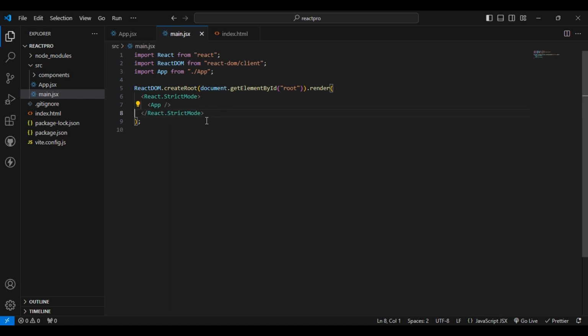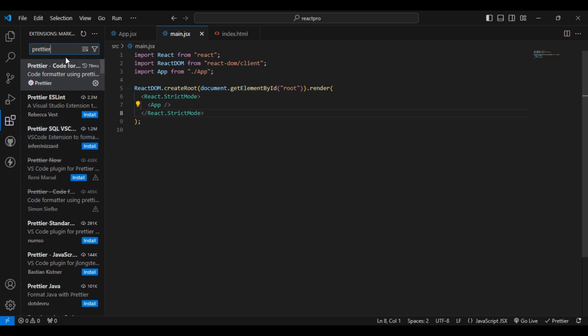The way this is happening is that I'm using an extension called Prettier. If you're already familiar with the Prettier extension, then you can absolutely skip this lecture. But for those of you who don't know what Prettier is and how to set it up, this lecture is for you. In order to set up Prettier, simply go to the Extensions tab here and search for